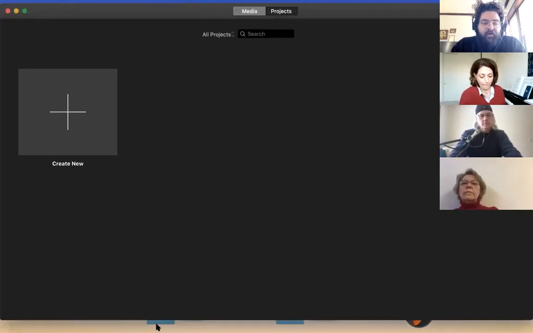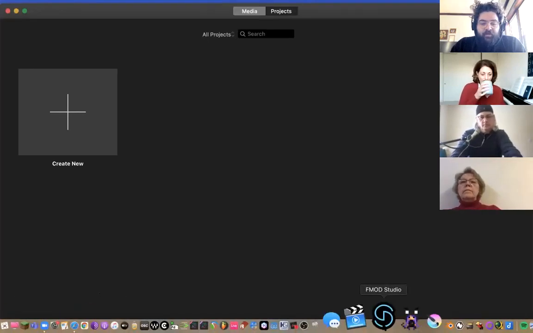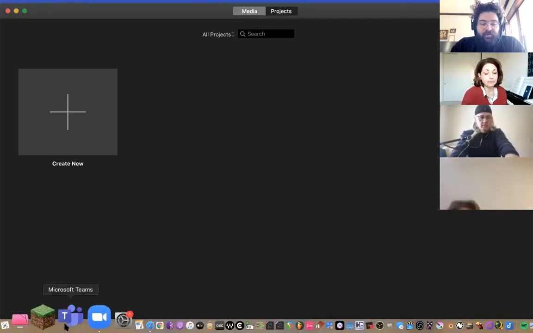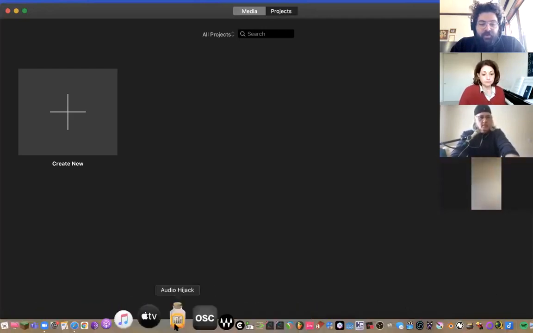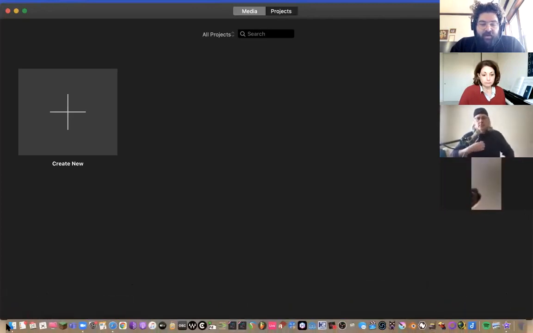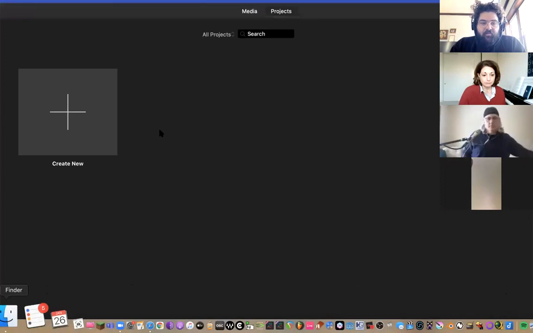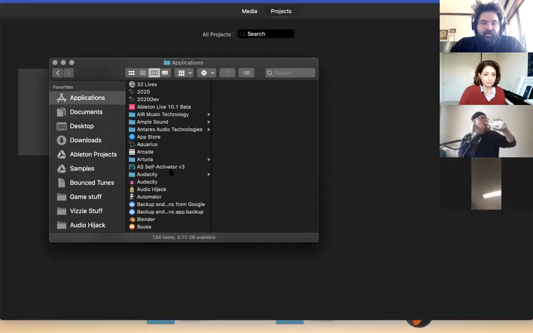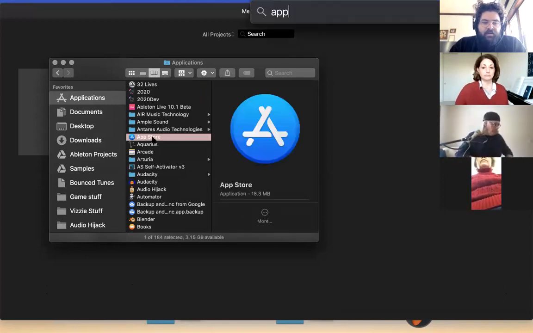On Mac, you should have an App Store icon somewhere down here. By default, I removed mine. But if you go into your Finder and into Applications, towards the top, you should have something called App Store. All you need to do is go into there,